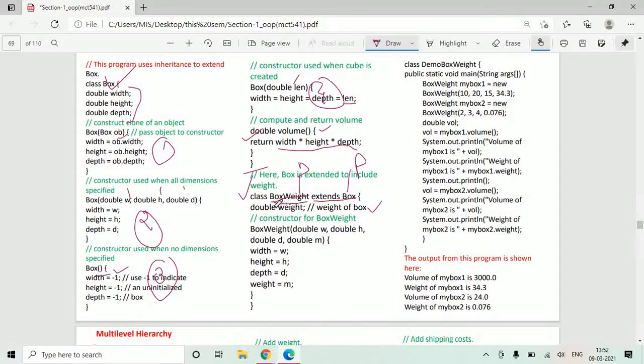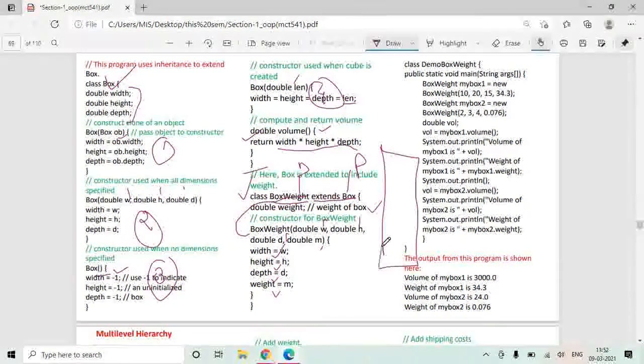BoxWeight class has a constructor which accepts 4 arguments from the user and initializes the values of width, height, depth and weight. Why 4 arguments? So what are the features in the BoxWeight class? The weight variable.